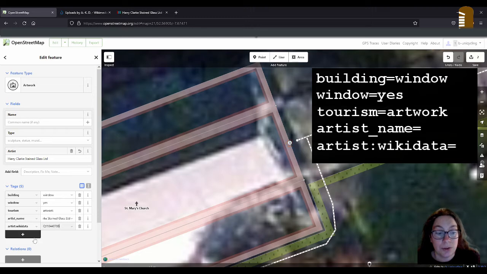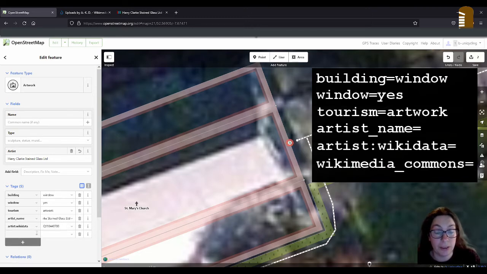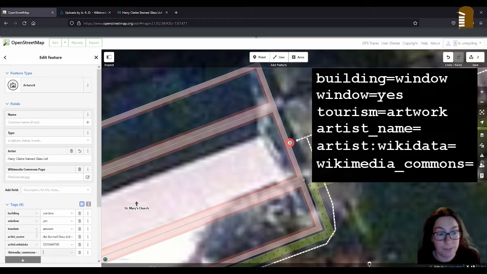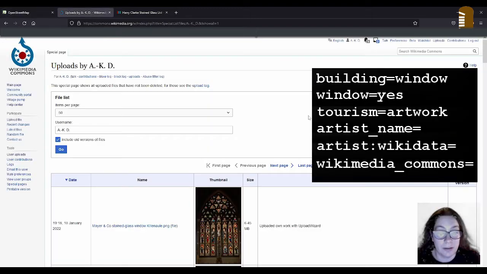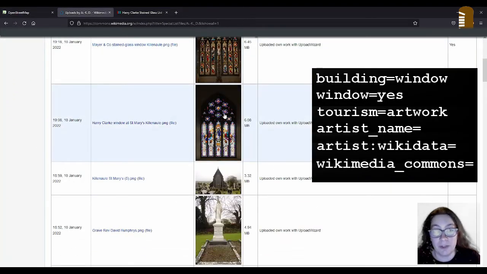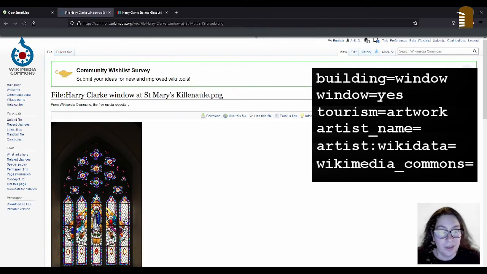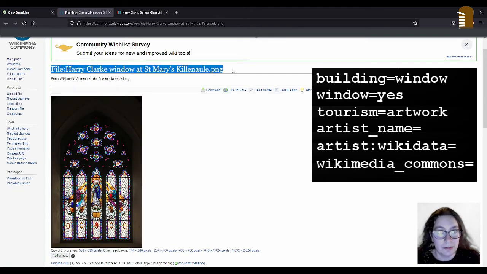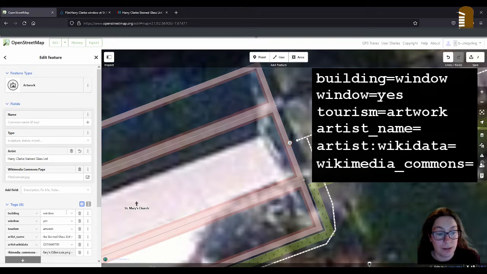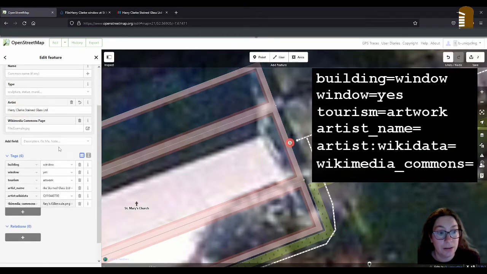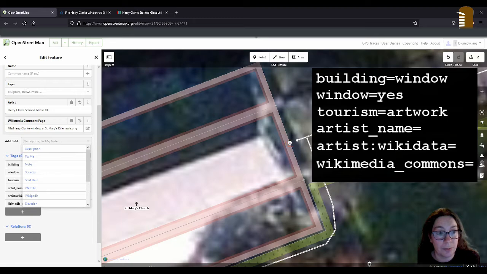Then I want to add a link to the image, and because I've uploaded to Wiki Commons, I can use wikimedia_commons, and it's the Harry Clarke one. It's famous for its blue glass. I just copy this File: and whatever I called it, or whatever you find online, and paste this in here, and it turns up up here.